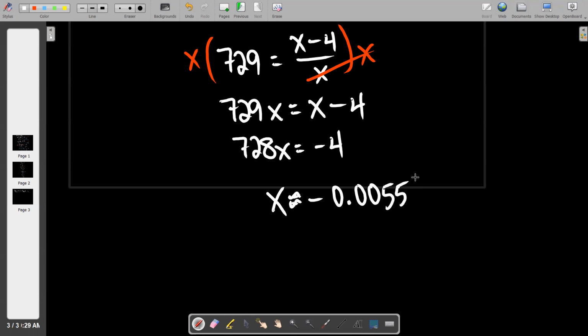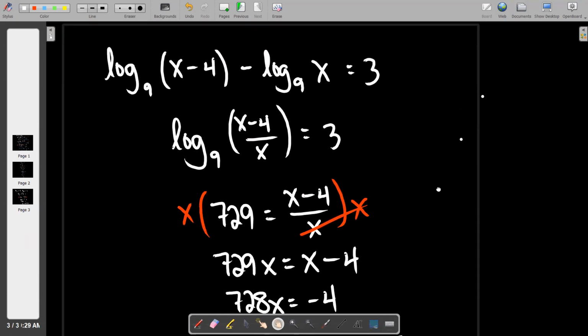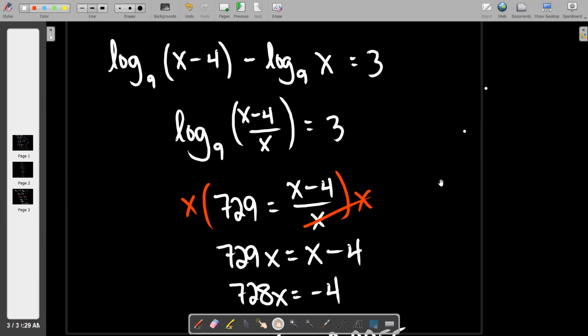That should be enough accuracy. So again, my only concern at this point in time is, is that going to make something bad happen? That'll be enough information to tell me if I'm going to break any laws. So if we take negative 0.0055 and go back and put it up in here,